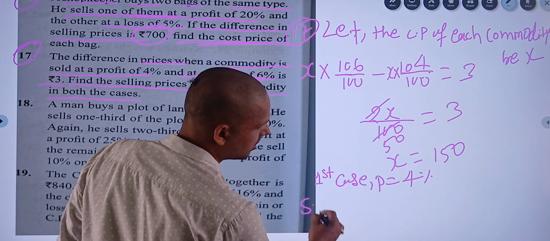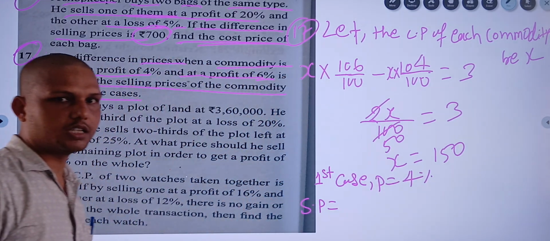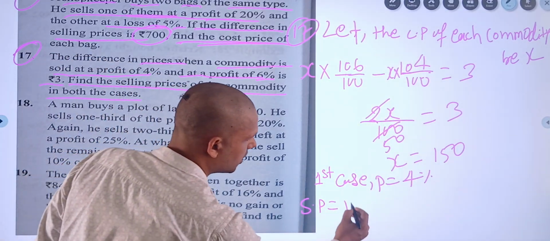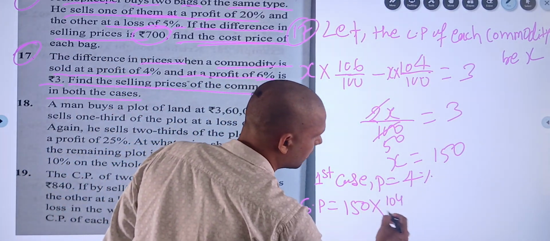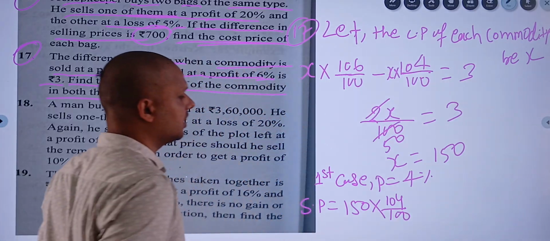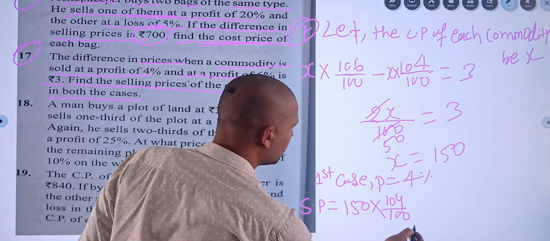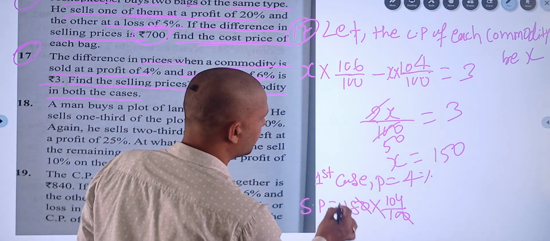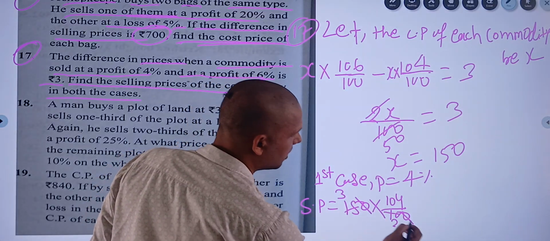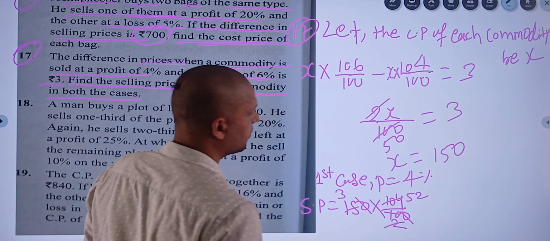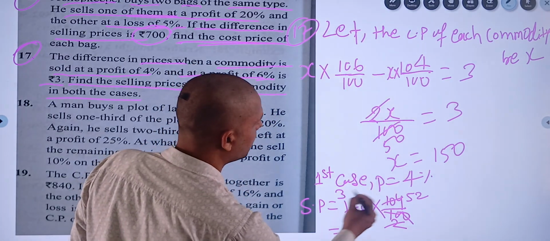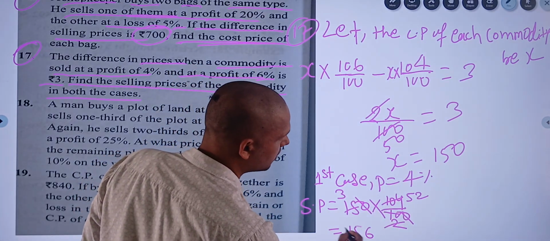Selling price will be cost price, 150, into 104 upon 100. If you calculate, 0 0 cancel, 50 into 3, 3 twos are 6, 3 fives are 15, means rupees